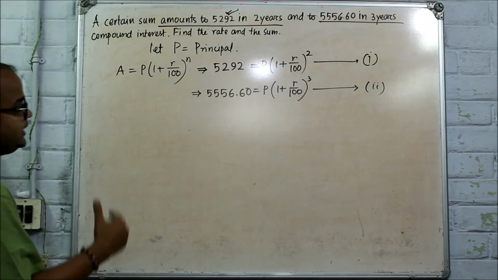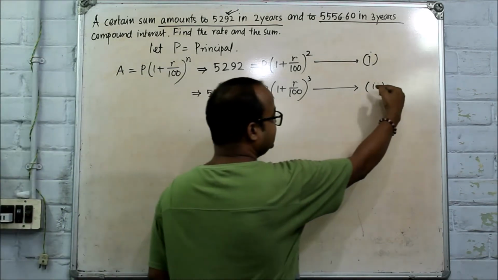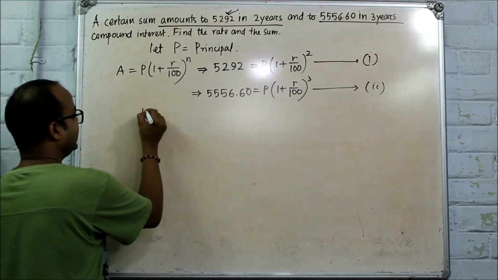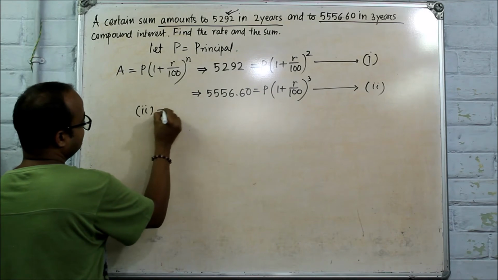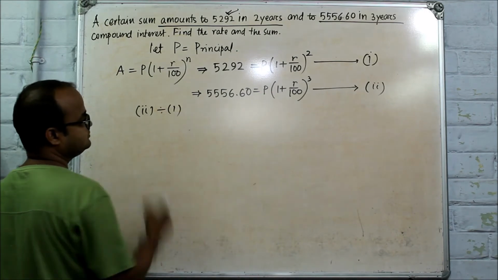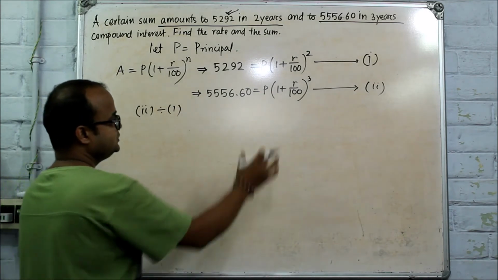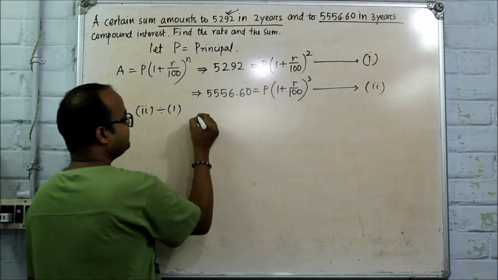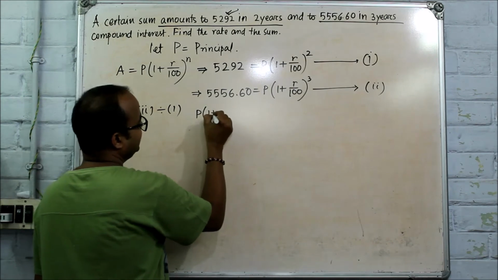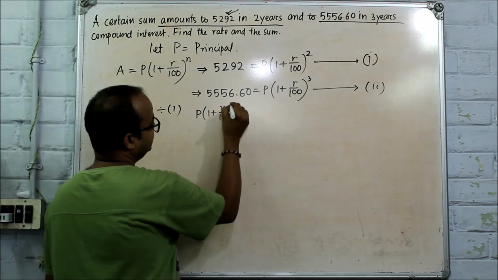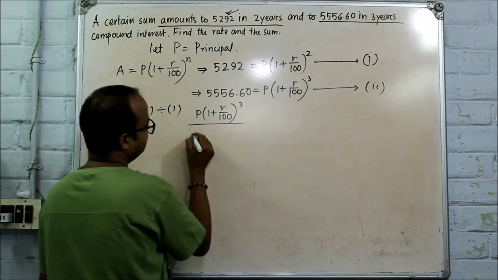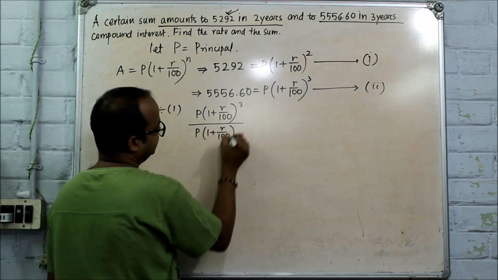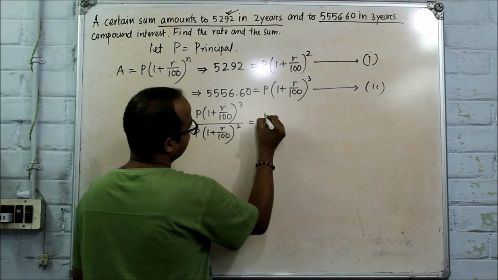Now if we divide equation 2 by 1, so dividing 2 divided by 1, that means this part is in the numerator, this part is in the denominator. So P(1 + R/100)^3 by P(1 + R/100)^2 is equal to